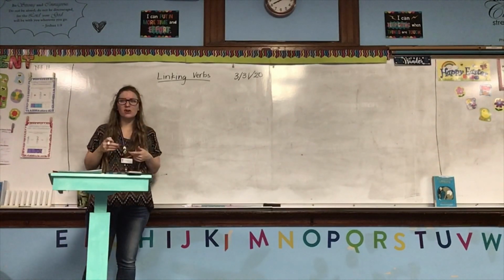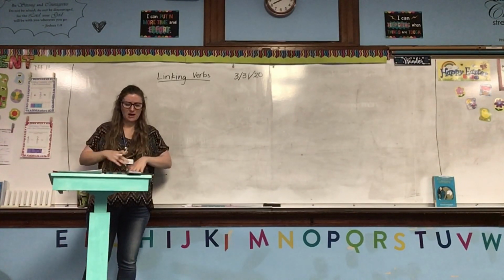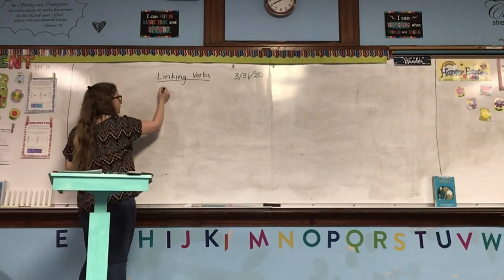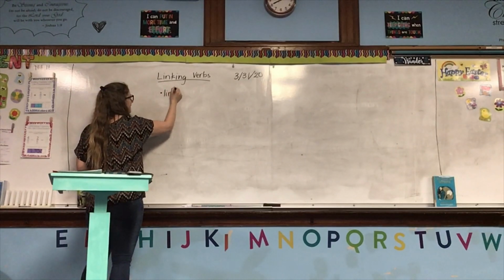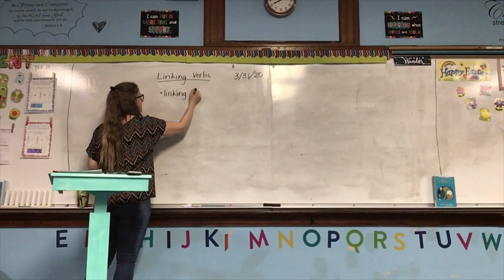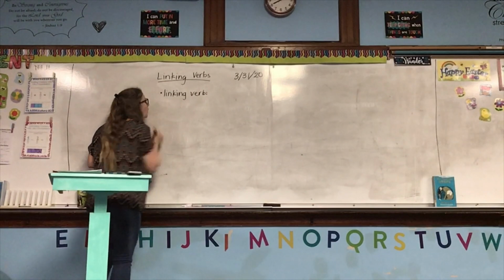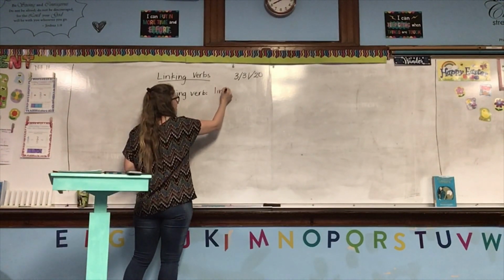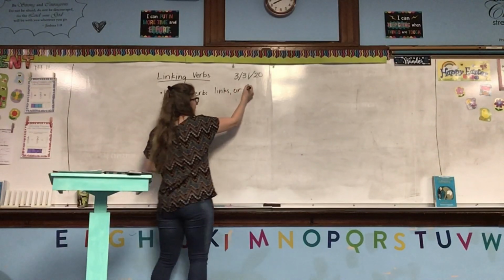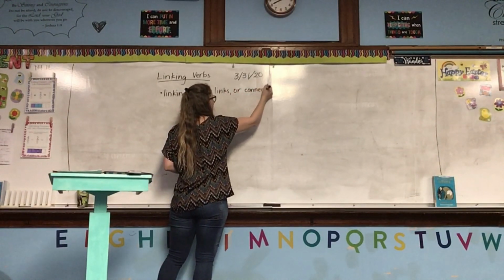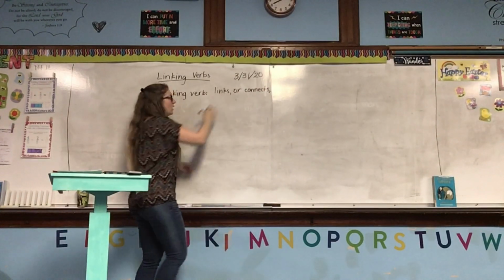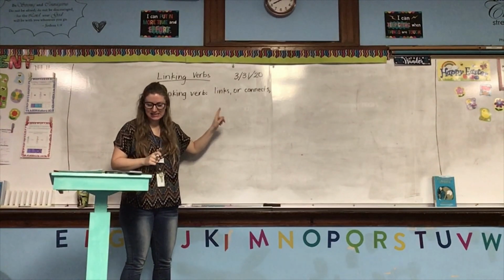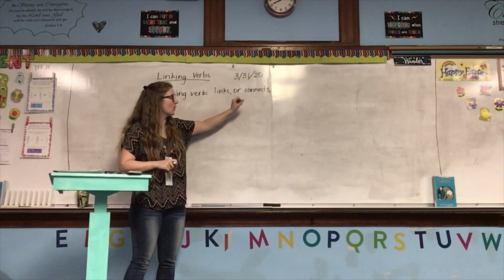So, first of all, what is a linking verb? We've learned about main verbs, we've learned about action verbs, we've learned about helping verbs. Now we're going to talk about linking verbs. So, a linking verb. What does it do? It links, or connects. Remember, if you see the word or followed by a word in commas, that means that is a synonym. So it links or connects